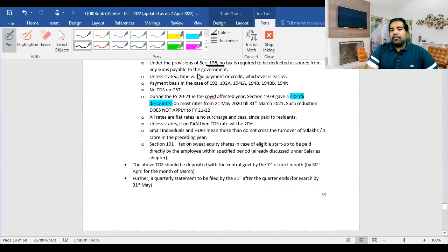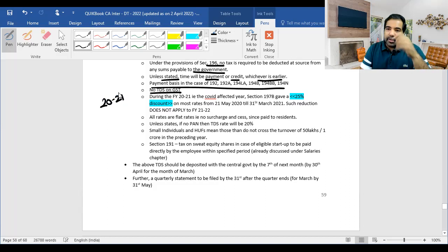Section 196: if you are paying money to the government, no TDS. Unless stated otherwise, payment will be on payment or credit, whichever is earlier. There are some on payment basis. No TDS on GST. Guys, in the COVID year, which was year 2021, not your year, 21-22,